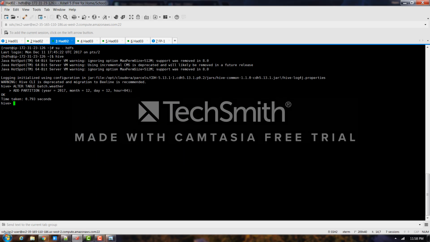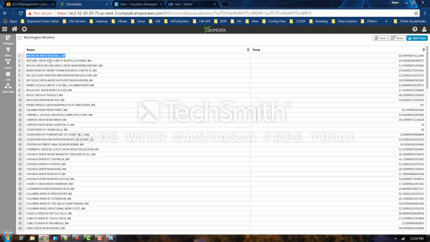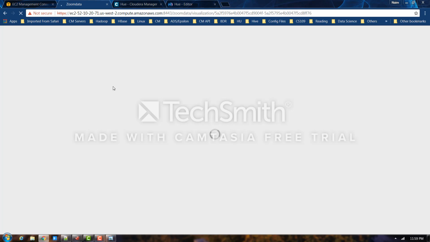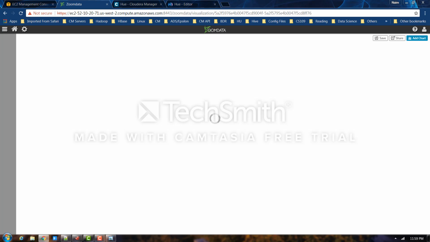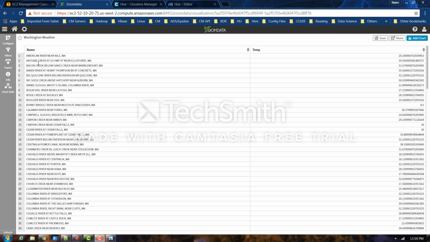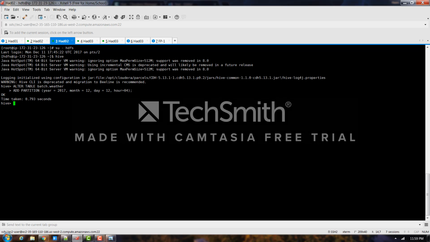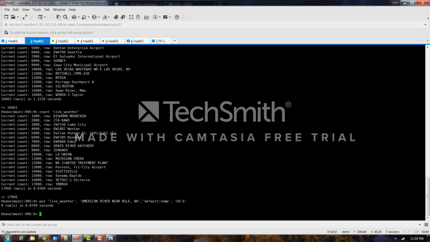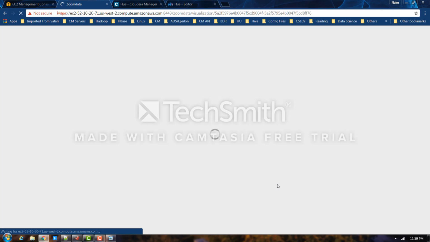And for the dashboard, we'll have a dashboard in Zoomdata. This is the temperature for Washington. We'll refresh the dashboard. As you can see, the American River Nile has a temperature of 20. So what we'll do is try to update this and see how it reflects on the dashboard. I'll update this value in HBase. I set it to 60.6, and then I'll refresh this dashboard, and I hope to get a value of 60.6